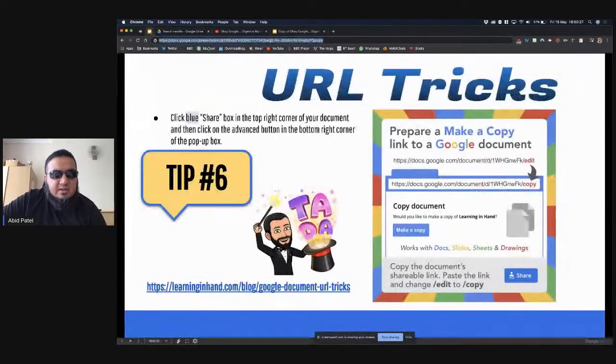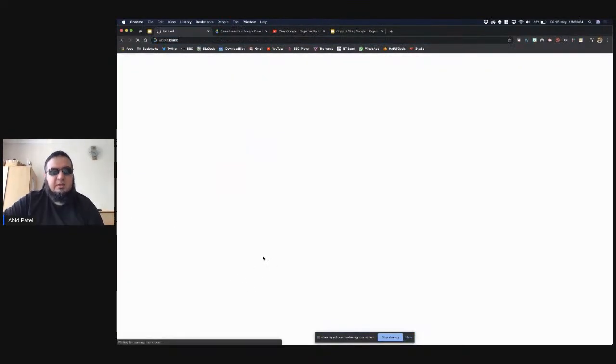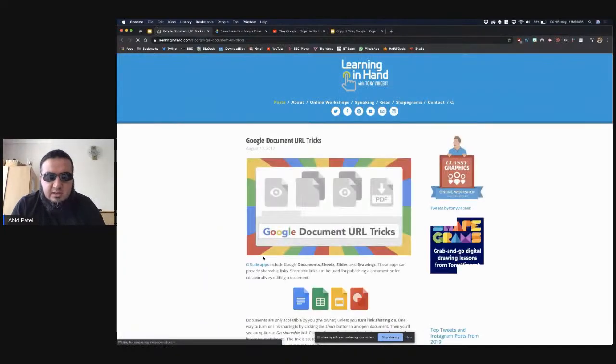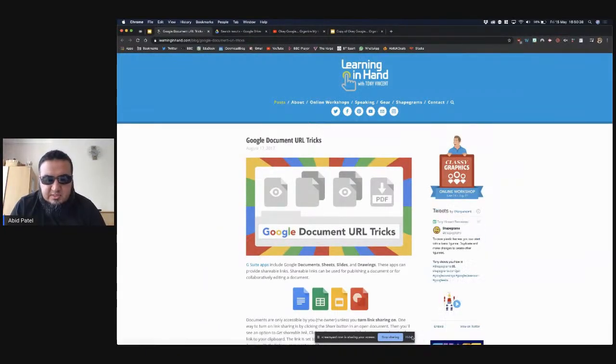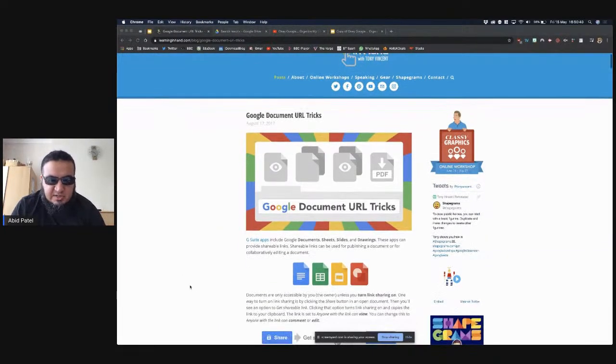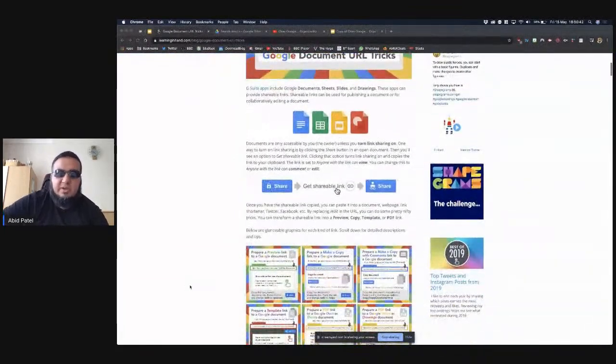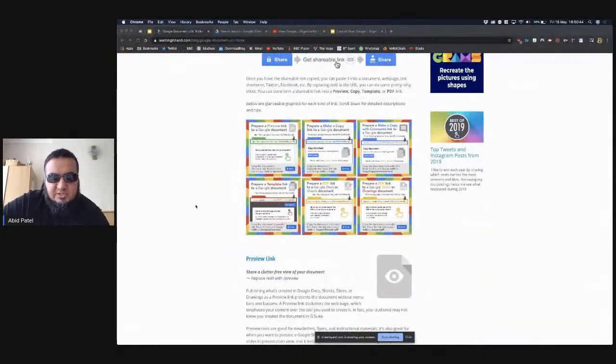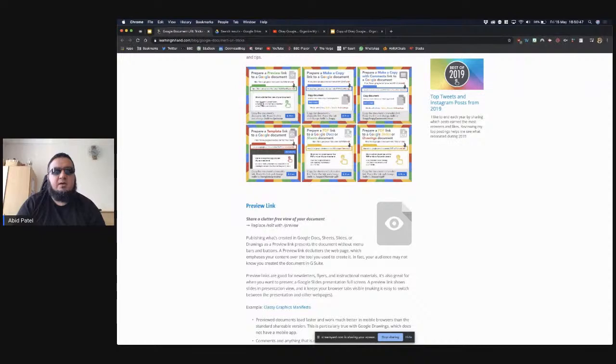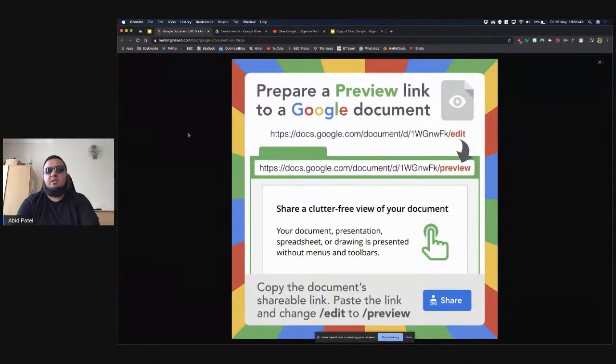What I've done here is to avoid all of the clutter, I've got it in preview mode. But if we click on the link, once we share the slide deck at the end of the show, you'll see there's this really great URL here which takes you through some really quick tips. So like I'm showing here, I'm showing it in preview mode.